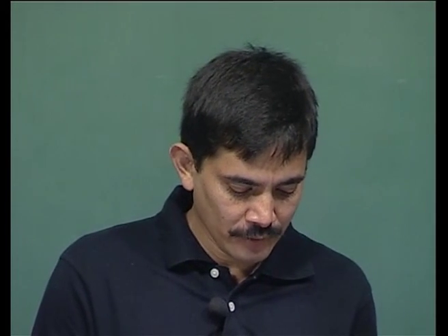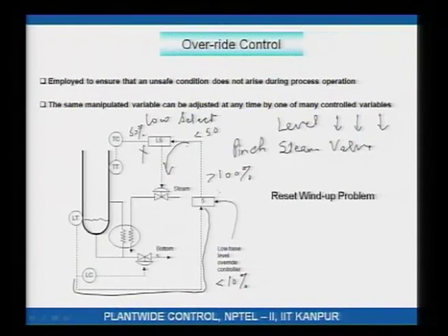If the level continues to go down, you would like that the steam valve be pinched, all right. So, this is an example of an override controller. This need not necessarily be a proportional, a multiplier only, it could be a PI controller. In case it is a PI controller, note that